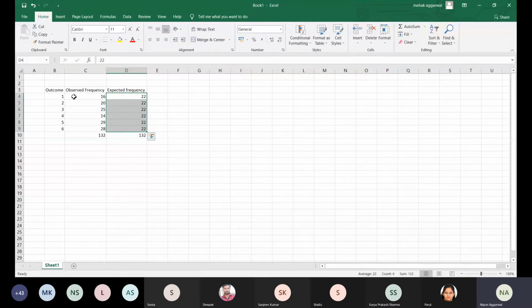When I have actually incurred the event, then only I get this observed frequency data. But before implementation, we get only the expected frequency. After implementation, I want to check whether there is a significance of fit between the observed data and the expected frequency, the goodness of fit. So in that case, we can apply the chi-square test.